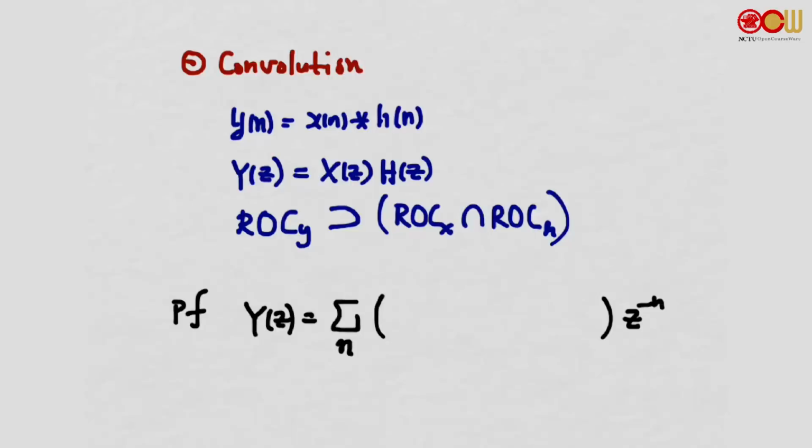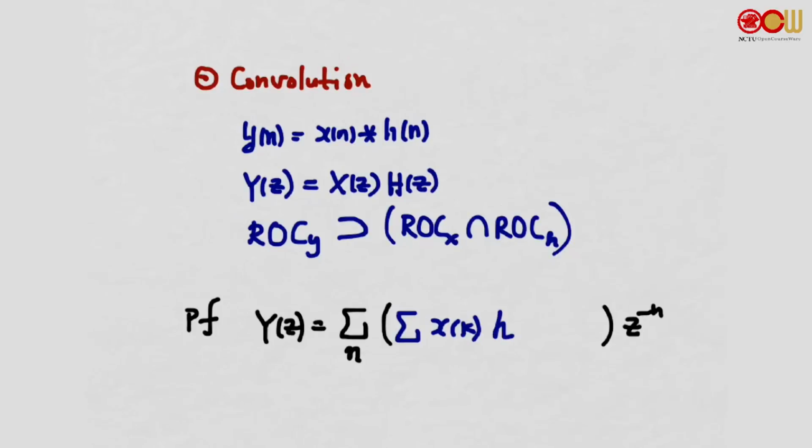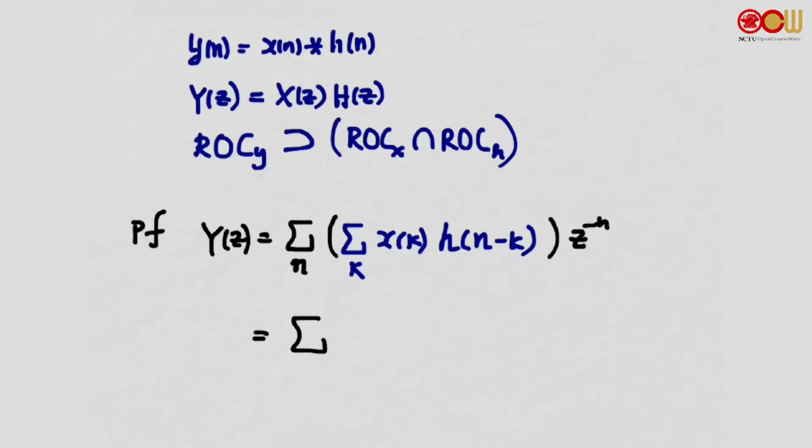Y(z) is equal to the sum of y[n] z^(-n). So in this bracket here, we should insert y[n], which is the convolution of x and h. So put down x[k] and h[n minus k] here. Summation over all k. This will be y[n]. When we have two summations, usually a good idea to switch the order of the two summations. So let's do that. We have x[k], and inside we have another summation, h[n minus k]